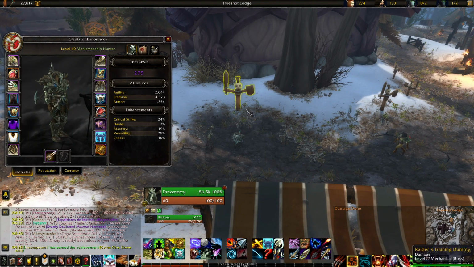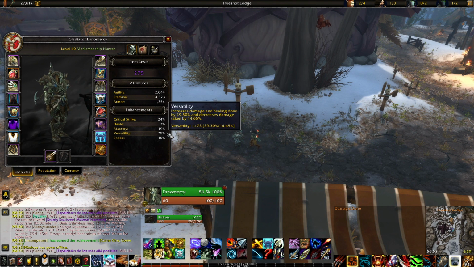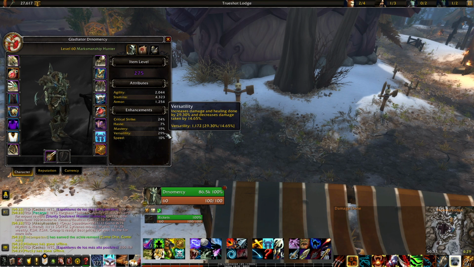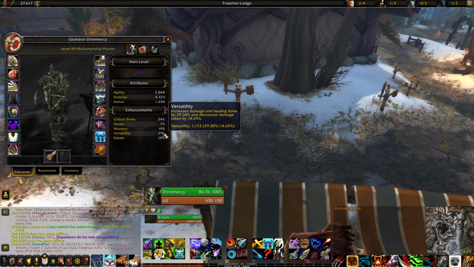Okay, so now let's talk about stats. Again, I recommend going versatility till about 30%, followed by mastery, followed by crit, followed by haste for your priority. So 1180 is pretty much the min-max for about 30%, but here I'm going 8 off, and I'd rather have a little more mastery, rather than having just a little bit significant decreased damage and just a little bit